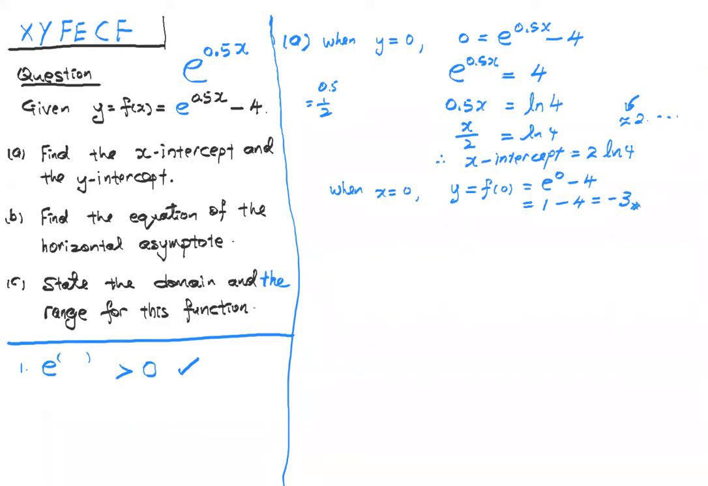Okay. Then for part B, when we want to find the equation of the horizontal asymptote, still remember, we have to study both directions, tends toward infinity or negative infinity. So we have to write as x tends toward infinity. So we have to study the first term first, that is e to the power of 0.5x. It will tend toward,